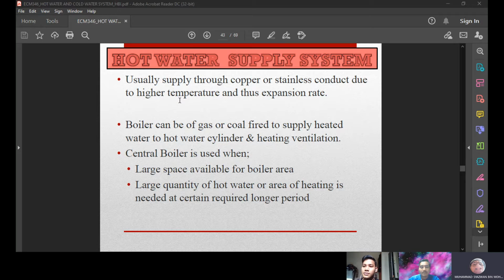For the first point, they are usually supplied through copper or stainless conduit or stainless steel pipe, because if the hot water supply system is using PVC pipe, the pipe will be